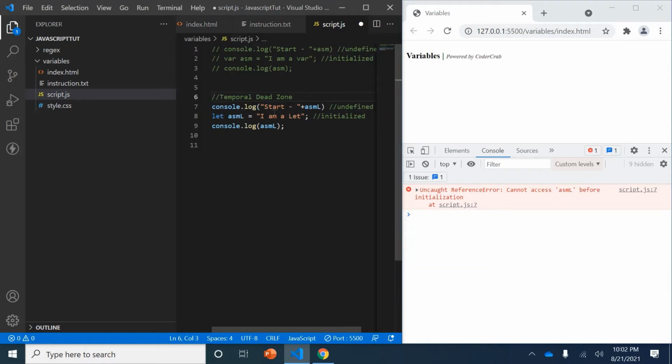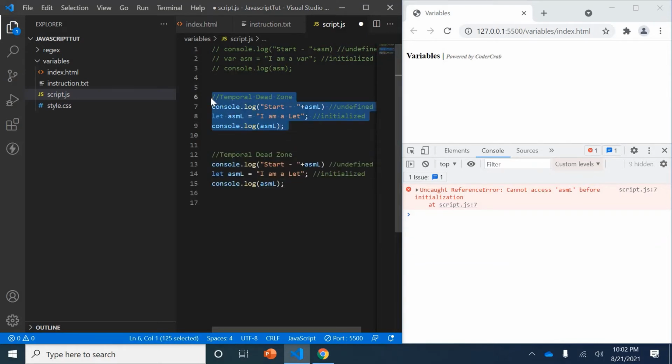The same thing if we try with const. Let's try the same thing for const. I'll copy the same code and put it here, and comment it out. I'm just giving it as a const.